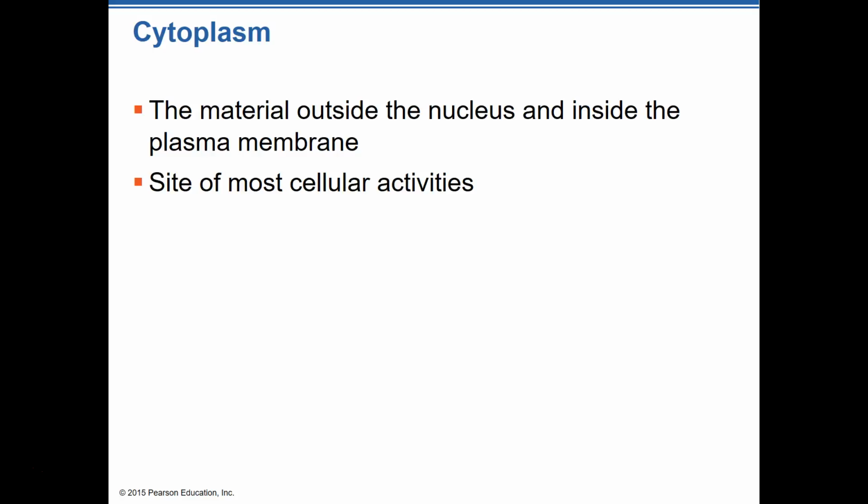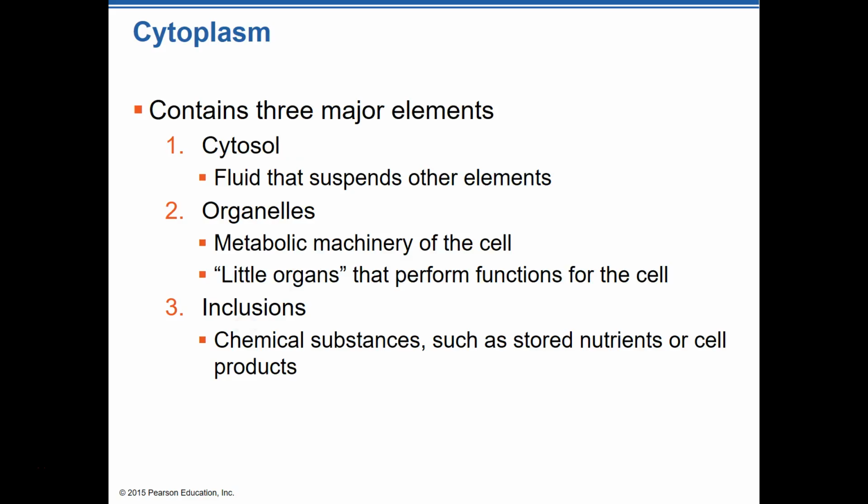And the small version of an organ is an organelle, and that's what we find inside of the cells. Okay? So that cytoplasm has three major elements. It's got cytosol, which is that fluid that suspends the other elements. It's kind of a thicker jelly-like fluid. Also, like I said, the organelles, it's that machinery, the internal organs inside of that cell that actually do the